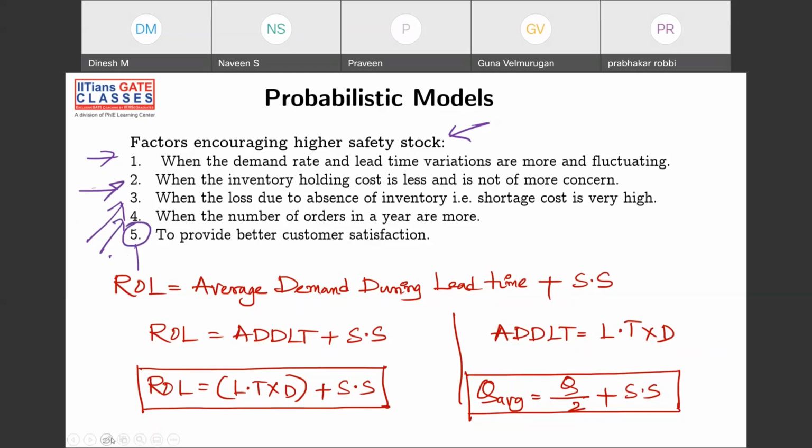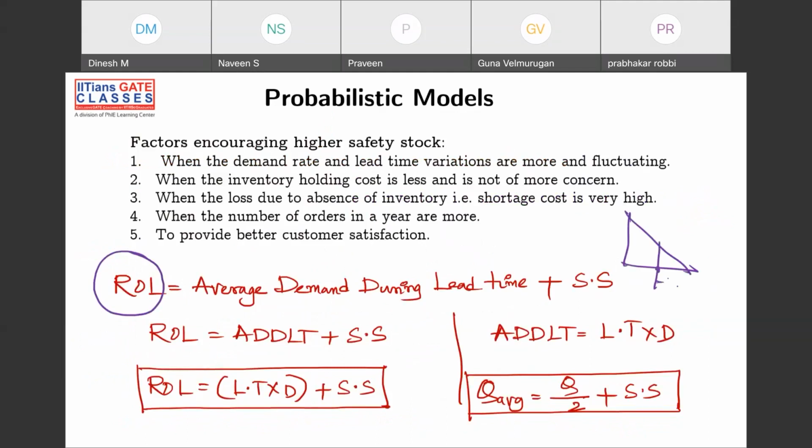Fine. So now the reorder level here is not here. Initially, we had a reorder level here. You remember this was the lead time here, and this was the reorder level. Now here we are carrying a safety stock as well, right? So this is what is safety stock, right? The safety stock is this. So reorder level is nothing but safety stock